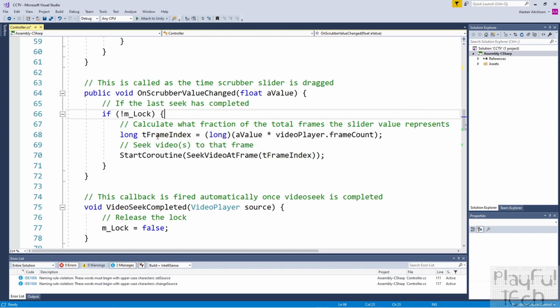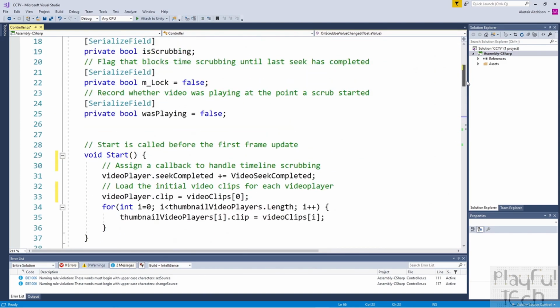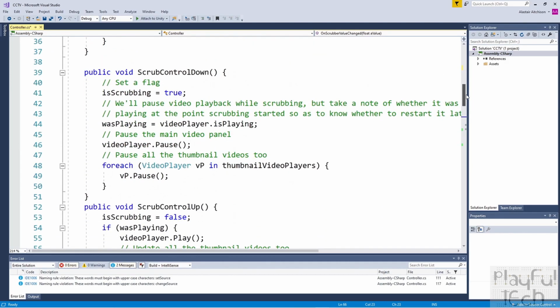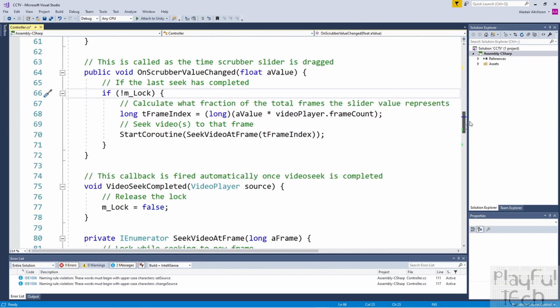Now we only want to do this, however, if the lock variable is not currently set to true, because lock was defined, sorry, at the top of the screen. Remember I said this helps prevent synchronization issues of the different video players getting out of sync with each other when you scrub around lots and lots. So only if the value is not currently locked, we're going to work out the frame that we want